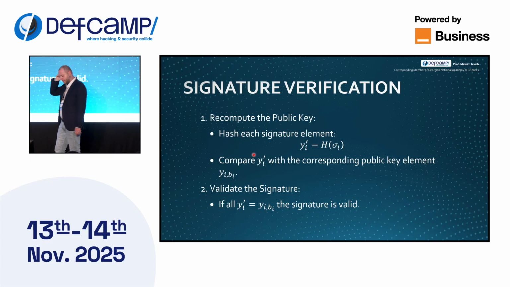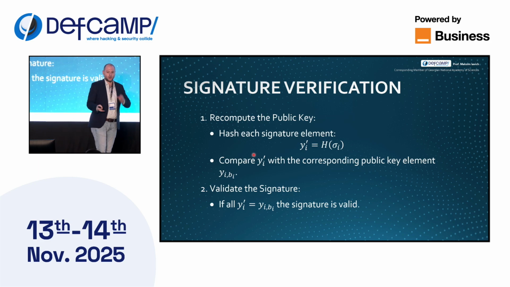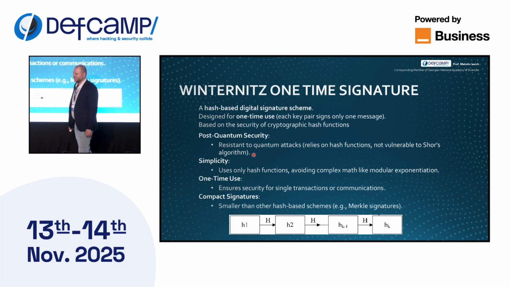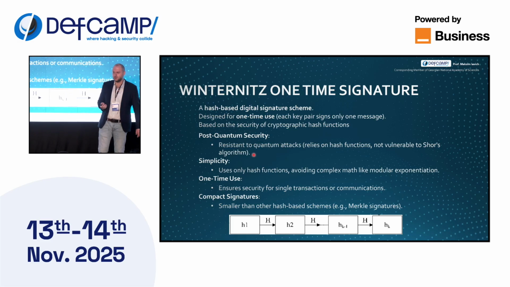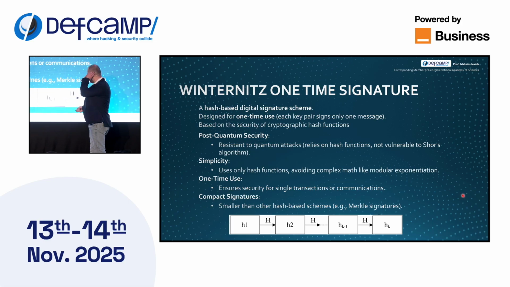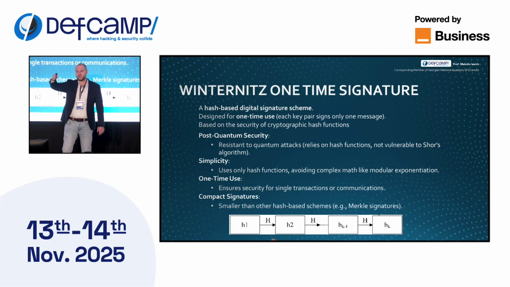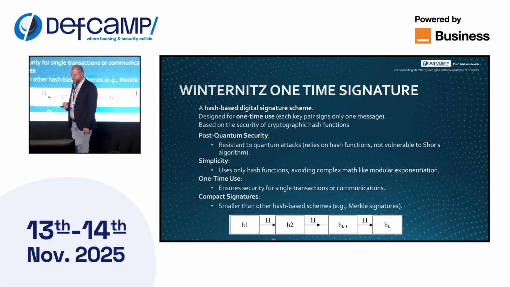How do we verify? We have verification keys, so we hash our pieces of signature key and compare them to the corresponding verification keys. Here the signature is very, very big. So it was offered to use the Winternitz one-time signature, which uses a so-called hash chain. What is a hash chain? A hash chain means when we hash one piece of information many times. It's already called a hash chain.